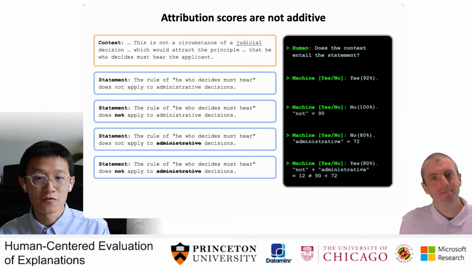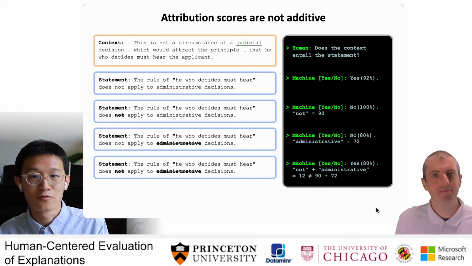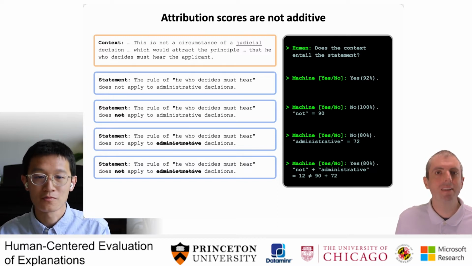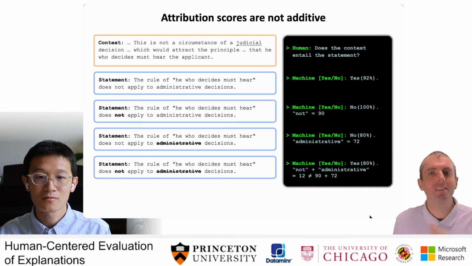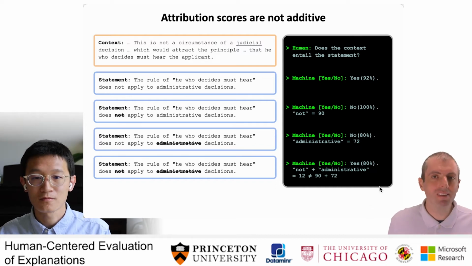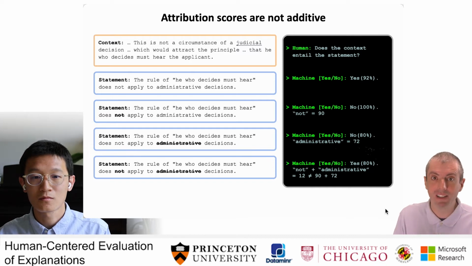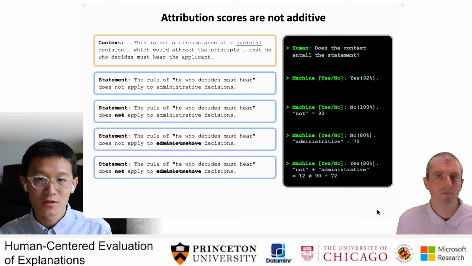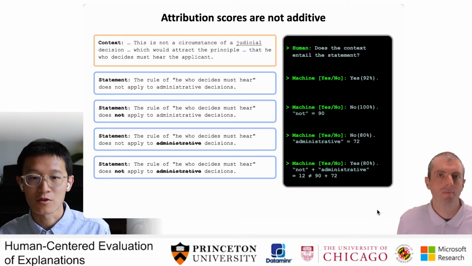This can be extra confusing since we're using a heat map to visualize the explanation, which implies that the model is doing some kind of weighted average of all words. Wait, so if the attribution score of two words is not equal to the sum of their individual scores, isn't there some kind of inconsistency between the importance of an individual word and the importance of that word in a phrase? Spot on. Even if we start computing attributions for bigrams, trigrams, or even all possible substrings of the input,